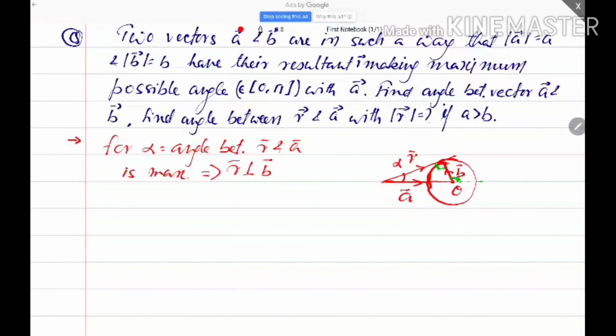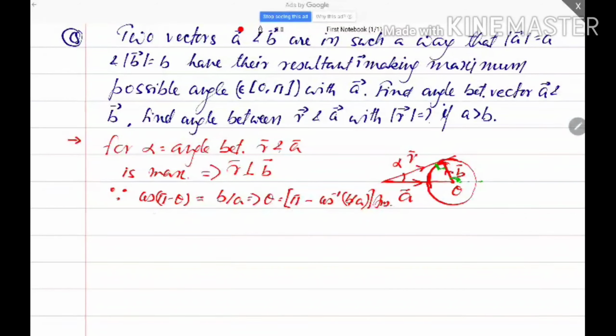First of all, our first question is the angle between vectors A and B. Then we can check in this triangle geometrically cos of (pi minus theta), that is the cos of the base angle, is equal to base by hypotenuse. The hypotenuse is A. It implies the angle between the two vectors is pi minus cos inverse B by A. This is an obtuse angle. This is the first of our answers.